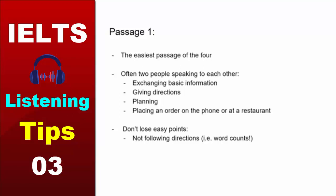Or just simply not following the directions telling you what kind of answer choice you should put for an answer for a question, right? Should it be letters, or should it be short answers? Should it be some other form? So anyway, don't lose easy points. Read the directions, pay attention to word counts if it's a short answer question, and you'll avoid losing those simple